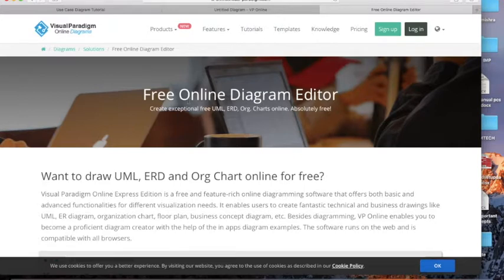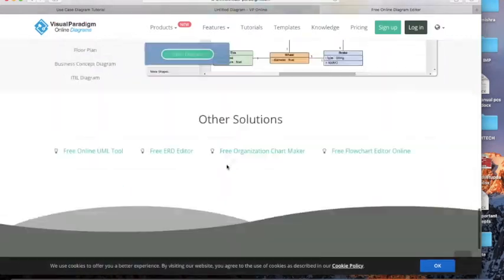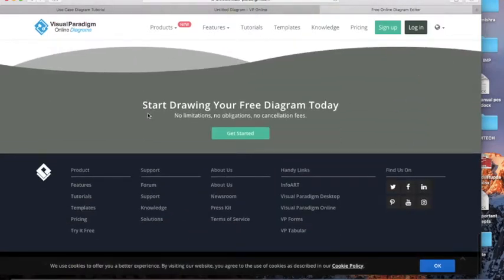Here this is an online tool, or we can say online software, where we can learn how to draw sequence diagrams, use case diagrams, activity diagrams, class diagrams. So just come below. Here you will see start drawing your free diagram today.